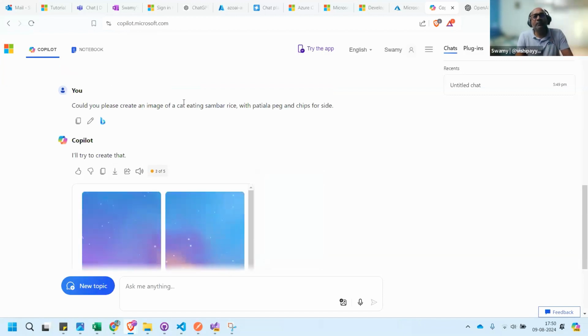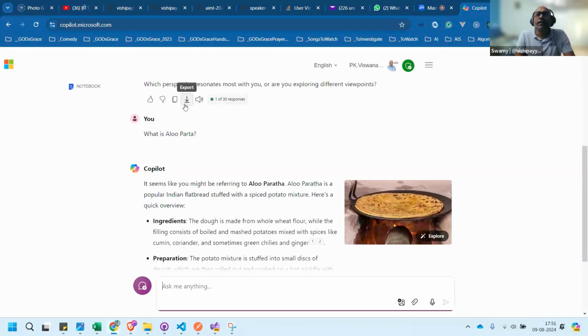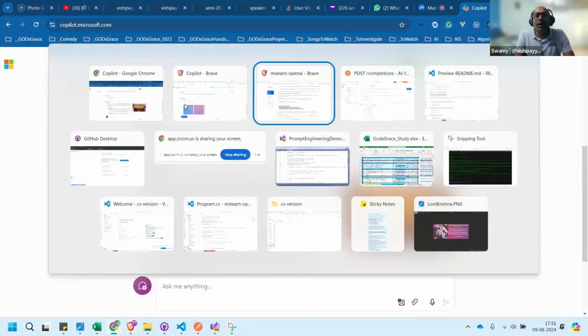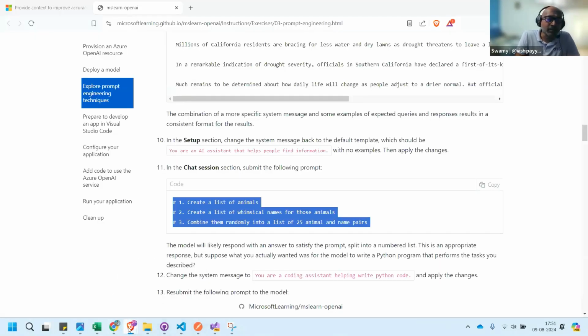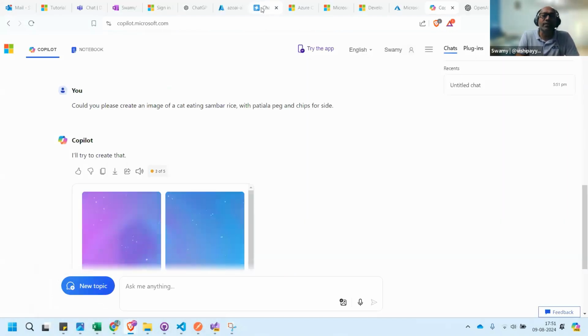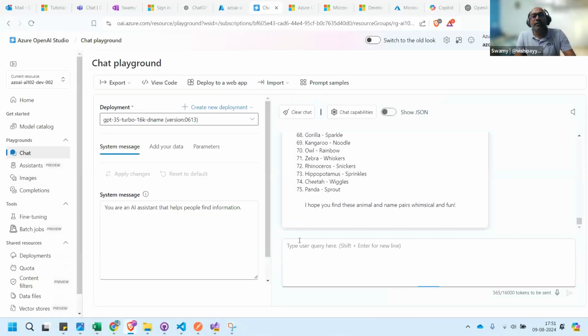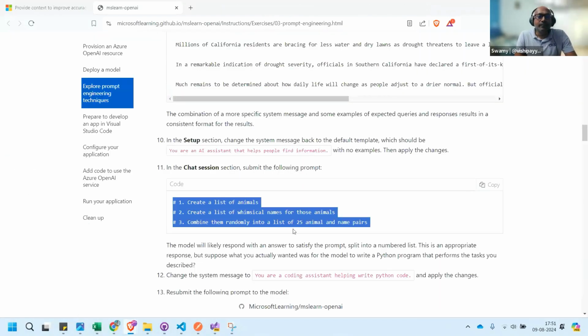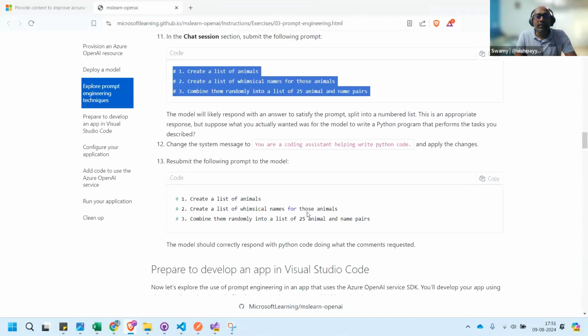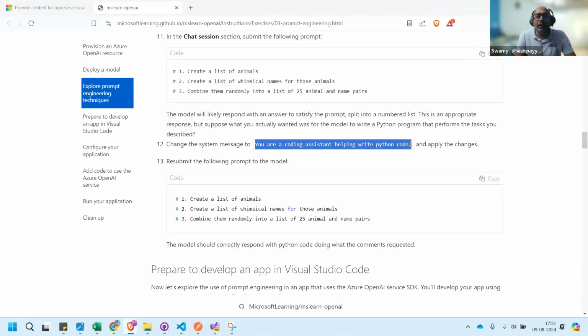It's part of prompt engineering. Okay, so let's come back to our further experimentations in this chat. So it created this. And now let's change it to your coding assistant to help in writing Python code.